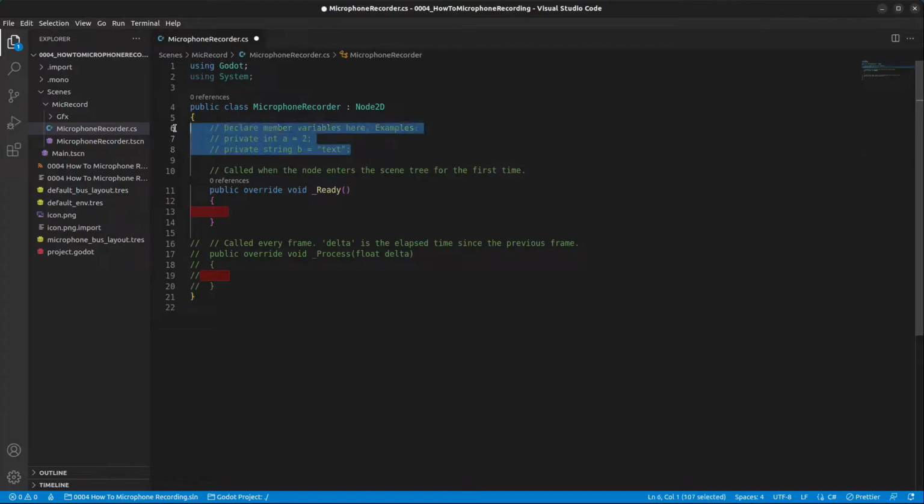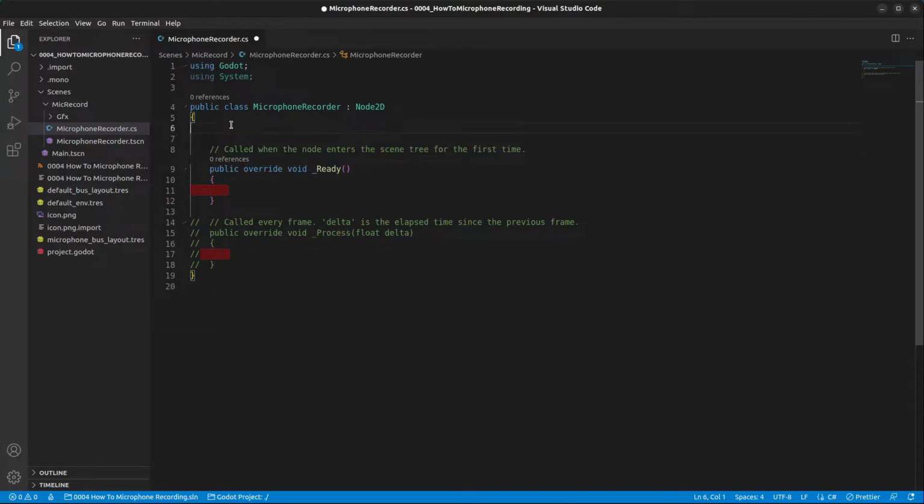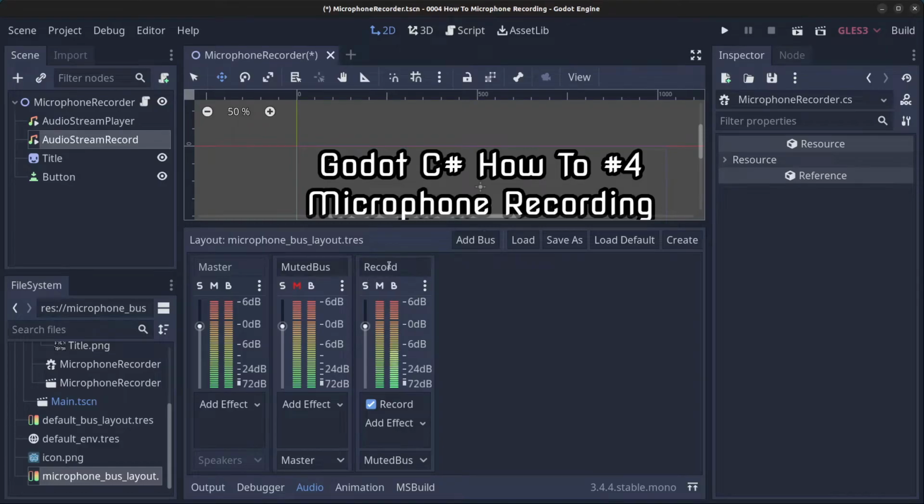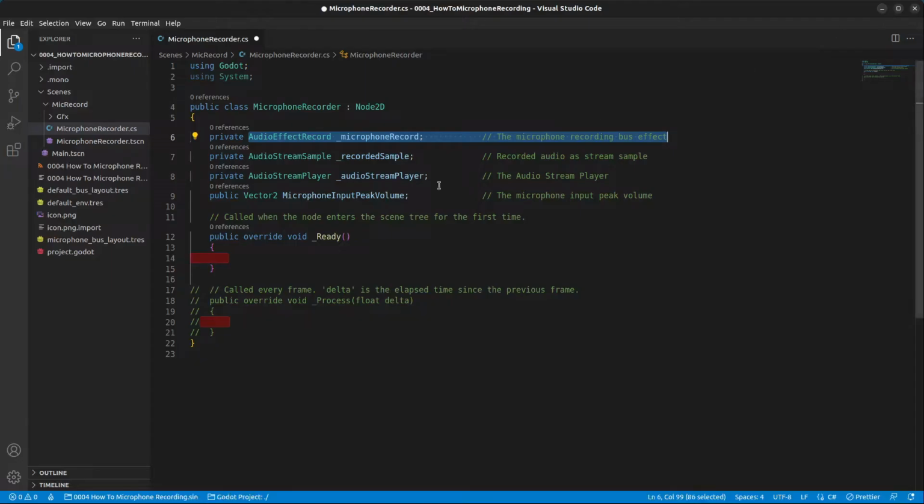First, we're going to delete some junk in here. I'm going to add some variables. First, we have the audio effect record here, which is going to be the microphone recording bus effect, which is this audio bus right here. Then we have the recorded sample here, which is going to be the recording we take in from the microphone. Then we have the audio stream player, so we can play back the recording. And finally, we have the microphone input peak volume vector 2 here that will store the current input peak volumes